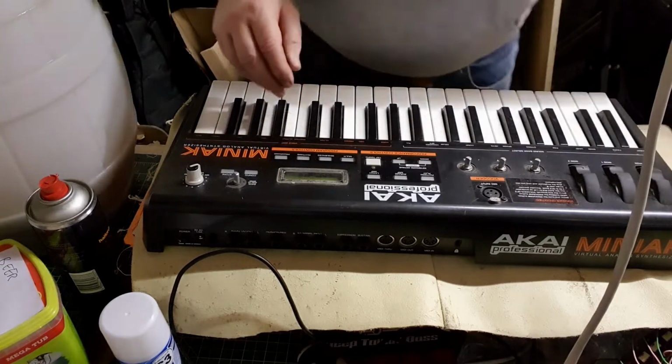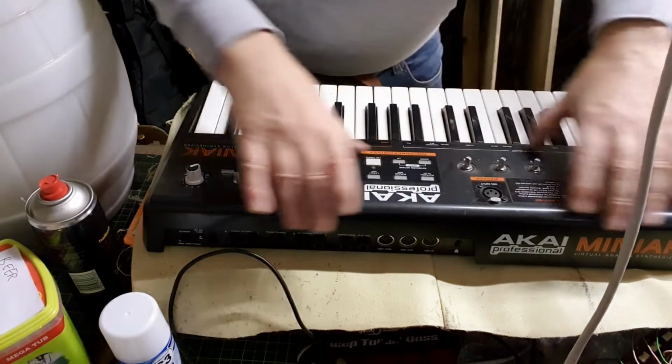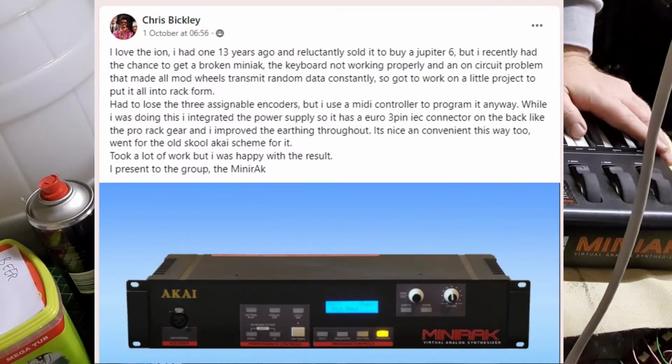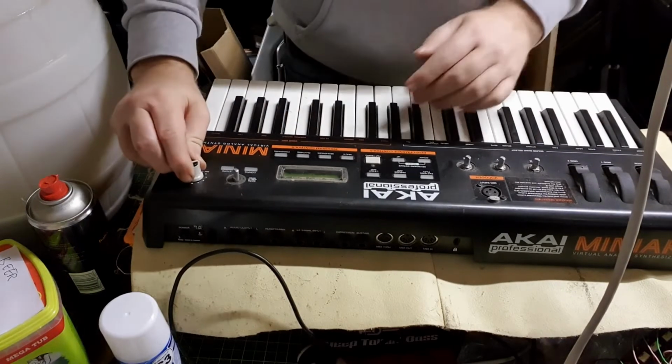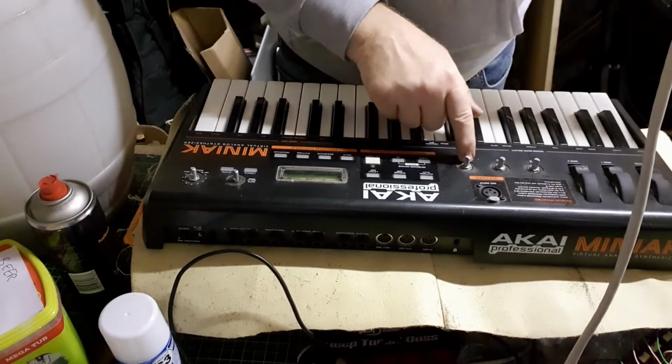But I see someone's made a fantastic mod where they turn this into a rack mount, and that might be something I do in the future because I don't need the little keyboard. It's okay, it's not brilliant. Anyway, take that off. Then obviously these have got to come off, so